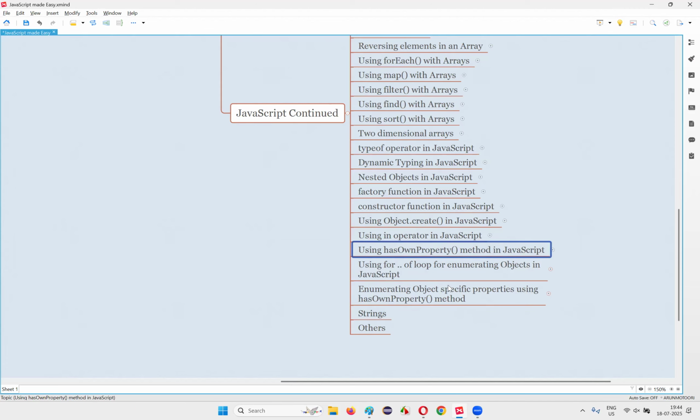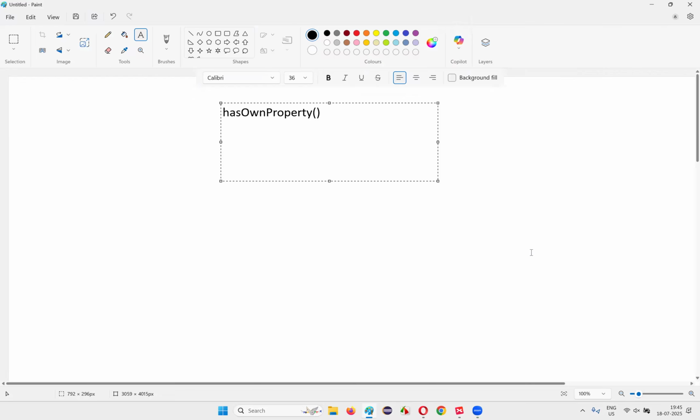I already covered this method in one of the previous sessions, but here I'm going to demonstrate how to access the properties of an object